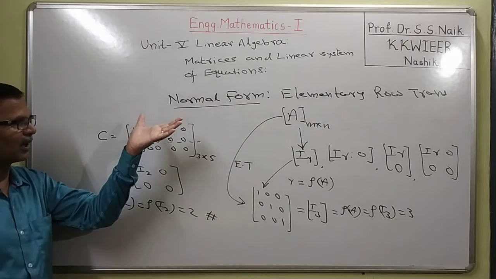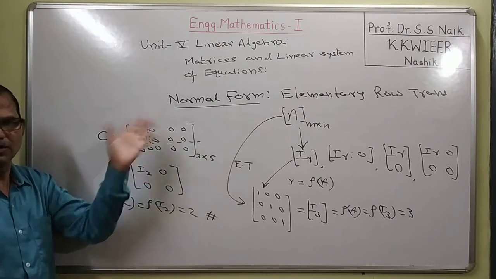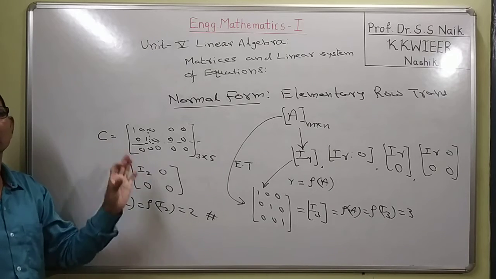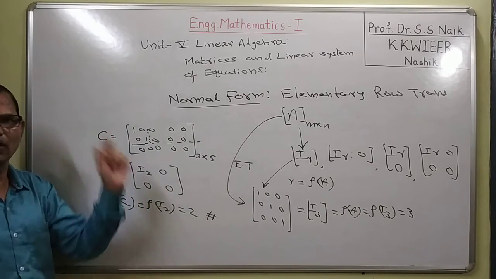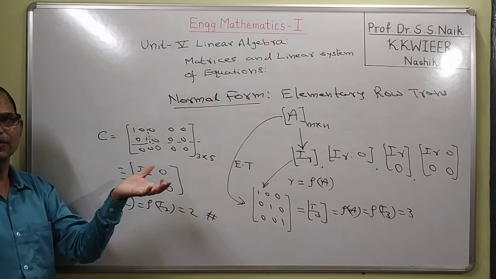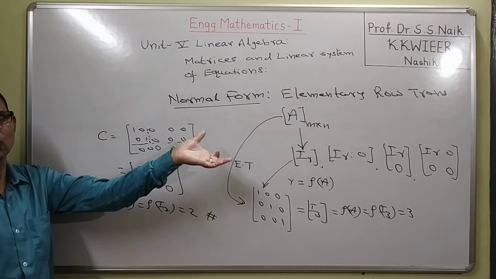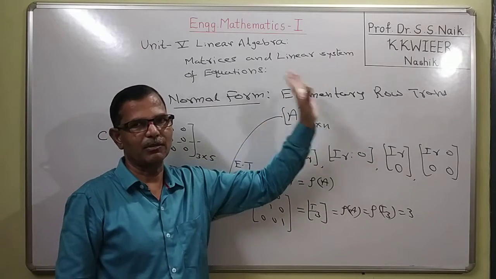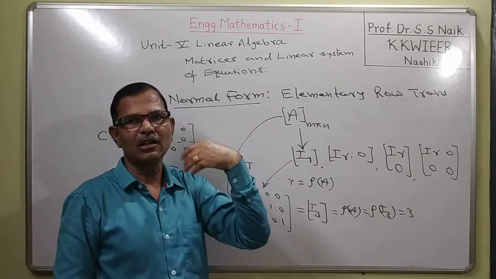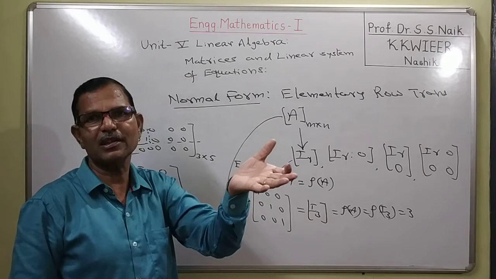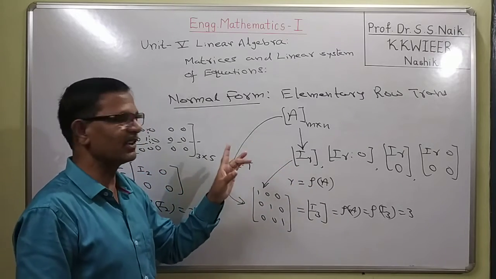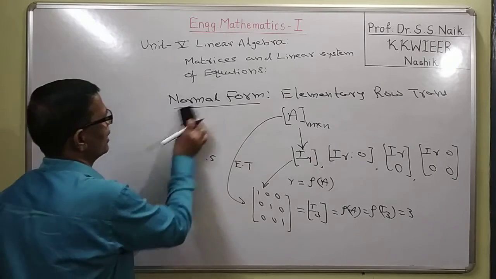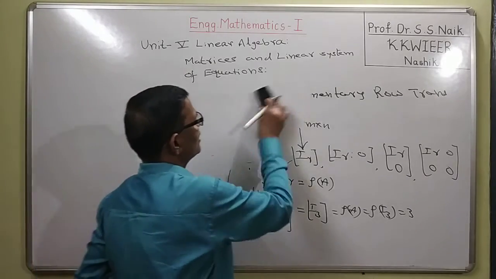So once this rank of a matrix is known to you, this idea is mainly used in a linear system of equations, where you are solving the linear system of equations by finding its rank. So that rank can be found by making elementary transformations. You are having 3 transformations: the row transformations and column transformations, interchange of rows and all that. Okay. So we'll go to the next part of this, what we call a linear system of equations.